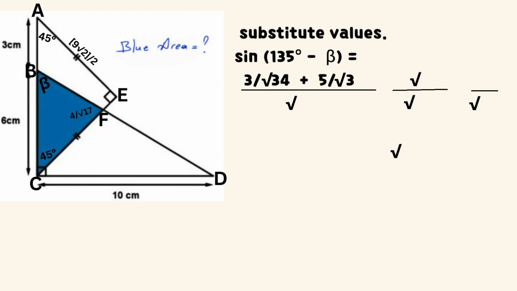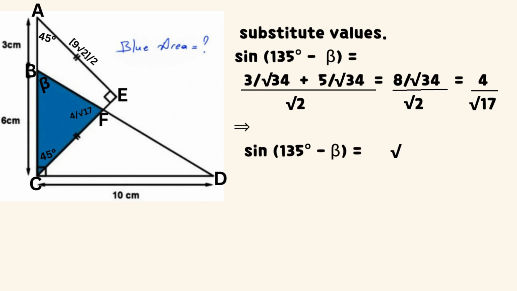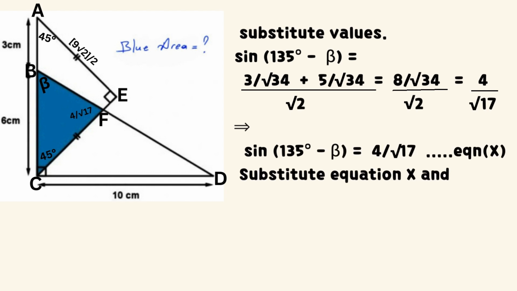Substitute values. Sine of 135 degrees minus beta equals the sum of 3 divided by the square root of 34 and 5 divided by the square root of 34, all divided by the square root of 2, which equals 4 divided by the square root of 17. After simplification, we call it equation X. Substitute equation X and equation 3 into equation Y. It follows that